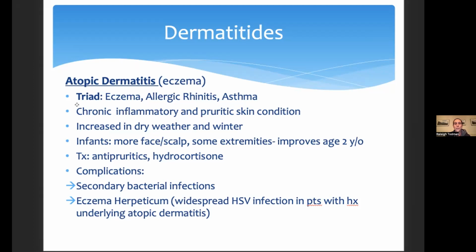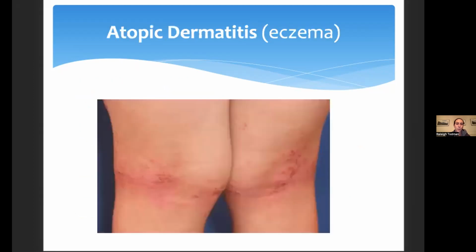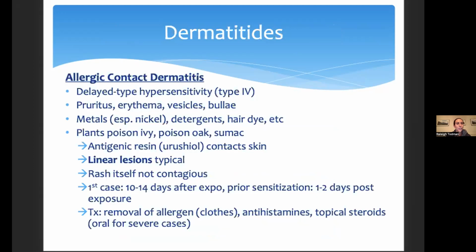And then another possible complication is eczema herpeticum, which is a widespread HSV infection in patients with underlying atopic dermatitis. So something to keep in mind, like a board question. Here's a photo of some classic atopic dermatitis or eczema in a flexural fold. It's a common location. Other dermatitises,